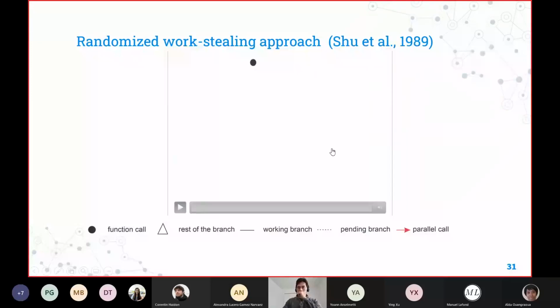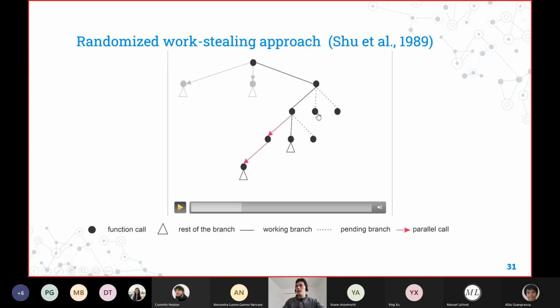This would be the way that it's actually working, this animation. Since it's random, this would be, for example, for 3 processors. We make a parallel call from the left to the middle, and then we go sequentially to the right. And then we have 2 pending branches in here, and then we just keep exploring. And now this one just finished, and then this processor in here was able to make a parallel call to the left, and then continue the right sequential as we see here. And then this one was also able to perform a parallel call here, and then continue to the right sequentially, as we see here, sequential. And then this will have a pending branch.